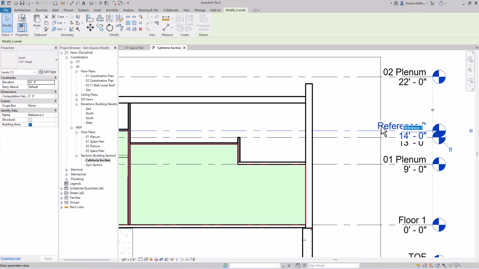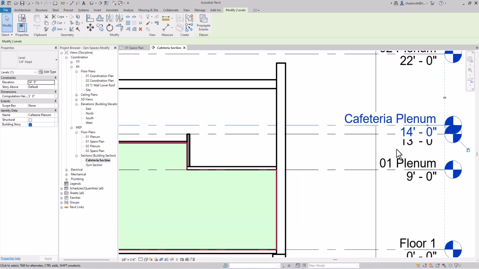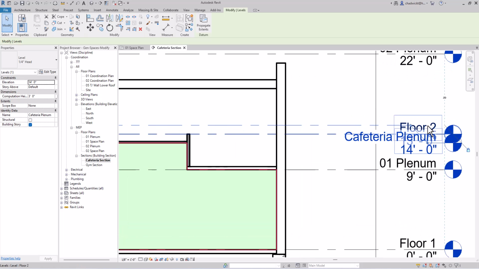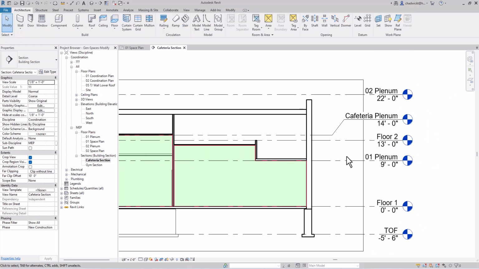I'm going to rename it Cafeteria Plenum. Yes, I want to rename all of my corresponding views. It's a bit of a mess in here, so I'm also going to click the little break line, the add elbow symbol here, and then I'll adjust this up, and I'll adjust the grips over as well to get that to display more nicely.